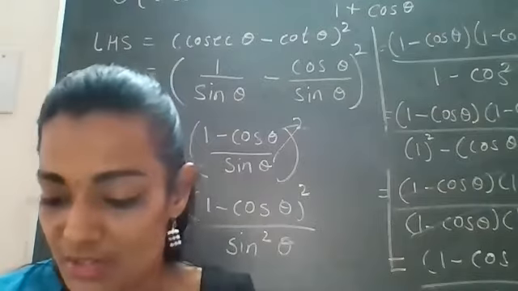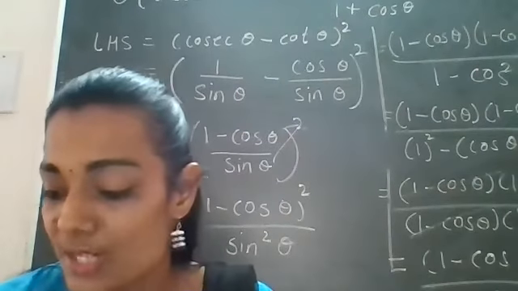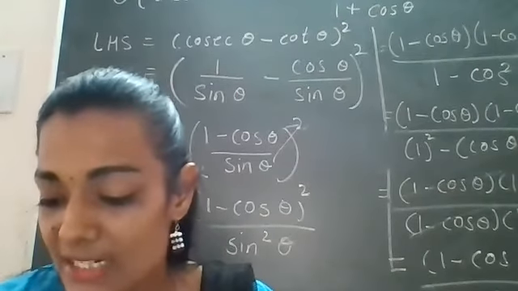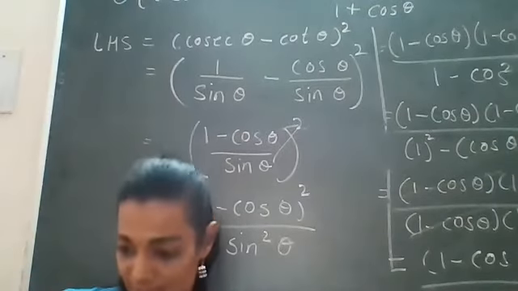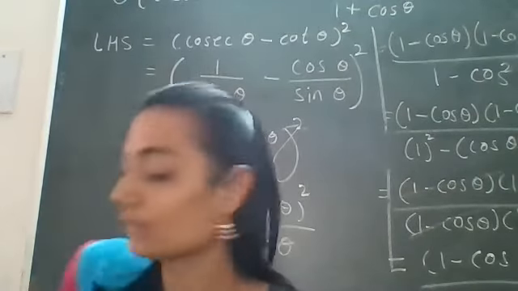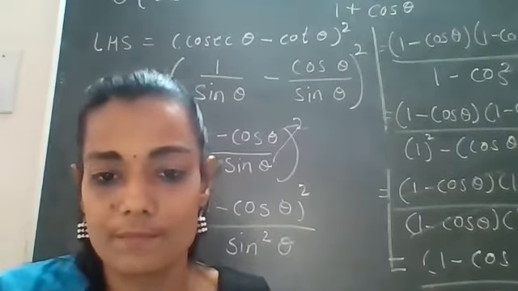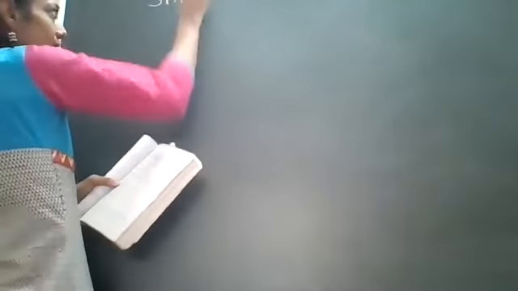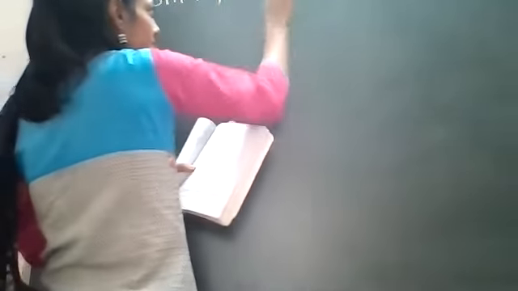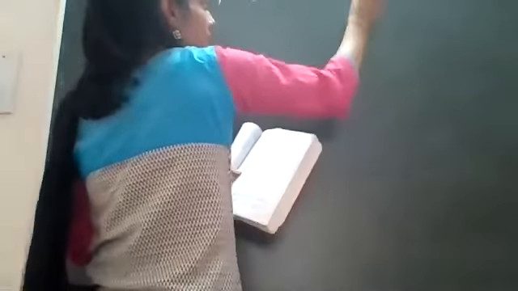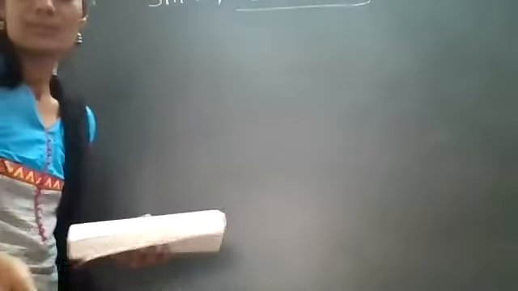Now first question. First question is: express the trigonometric ratios sin A, sec A and tan A in terms of cot A. Means in that your cot should come. So let's do that sum. First of all I should erase. So you have to find out the value of sin A, sec A and tan A in terms of cot A. It should come cot A in your answer. Okay, do anything but cot A should come in your answer.